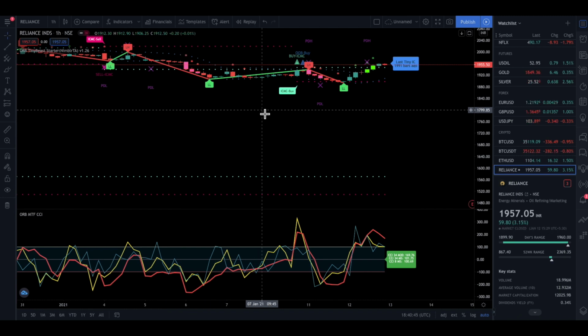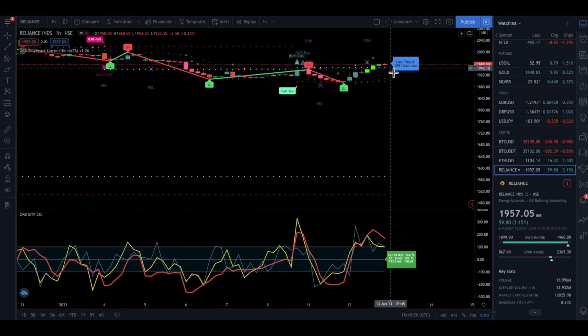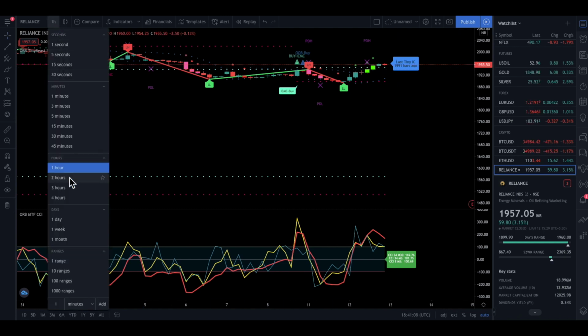So at times you will see that on certain charts there are no Tiny IC sells and buys showing, and you'll be racking your head as to what is happening, thinking the indicator is not working properly. So I gave a check here, so you will come to know that, oh no, it is not because the indicator is not working. It is because there is no probable Tiny IC bar in this particular time frame. I hope this helps in solving some issues as far as looking for Tiny IC trades are concerned.